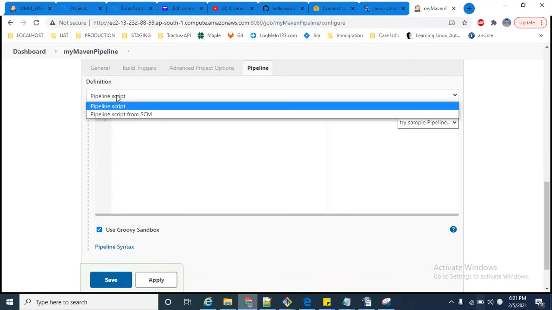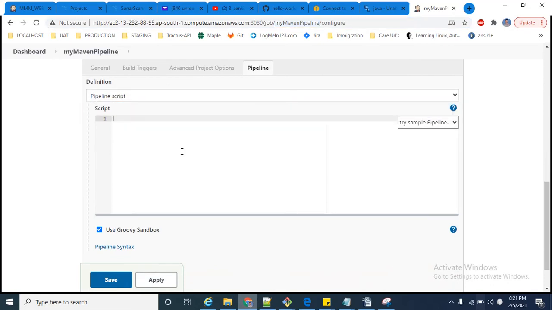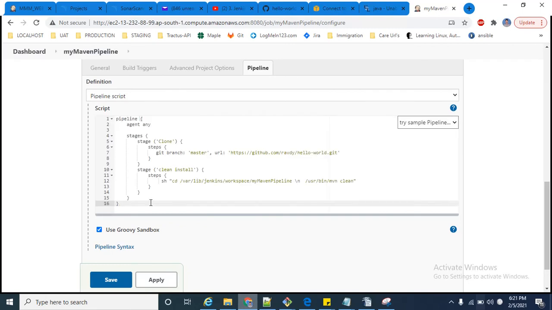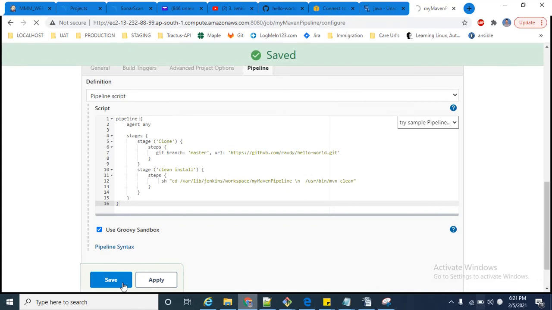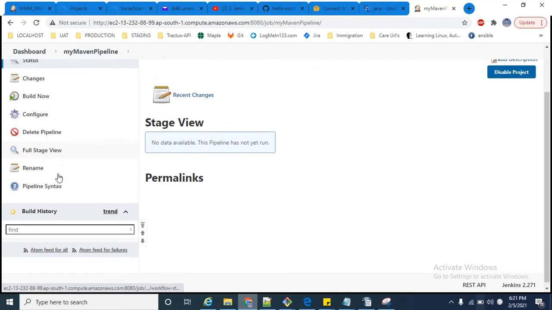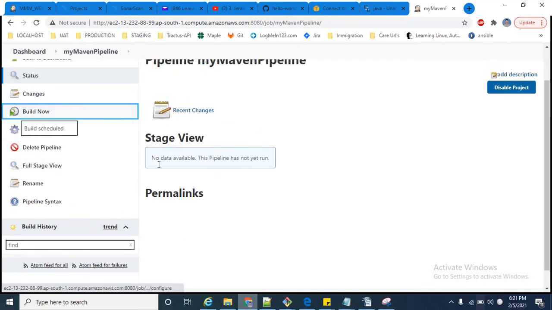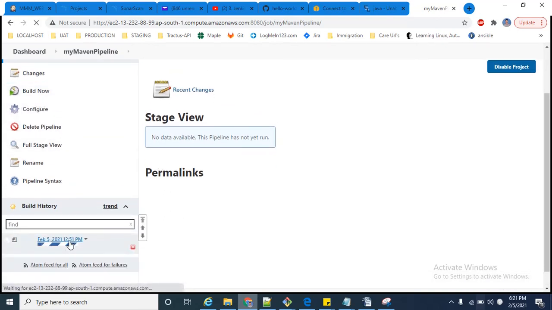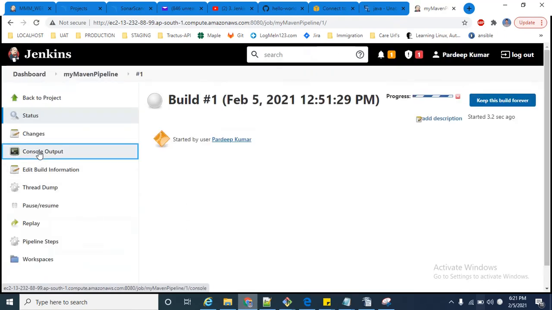Now I am only showing you. You have to choose pipeline script here and paste your pipeline. Now apply and save. Then click on build now. Go to your build and check the console output.